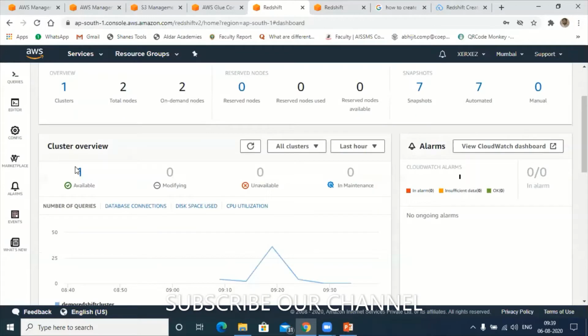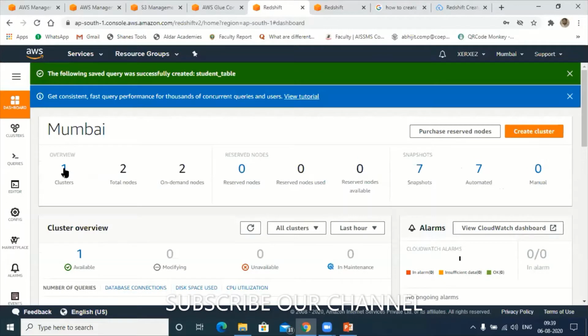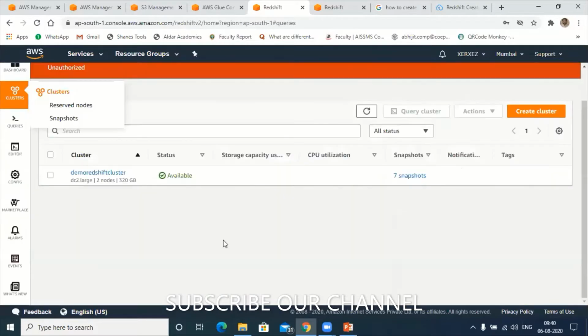Yesterday we were finding some difficulty connecting this cluster to the database. Let me enter into the cluster now. Hold on. So this is my cluster, called demo Redshift cluster. Right now this is available. Let me click on this.